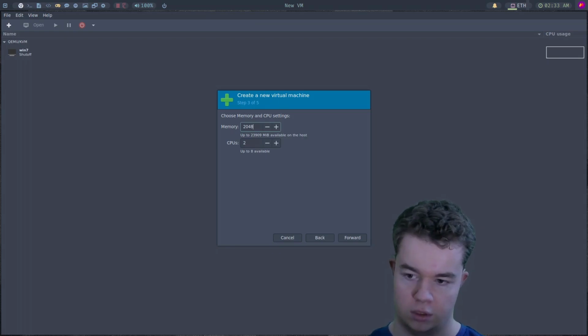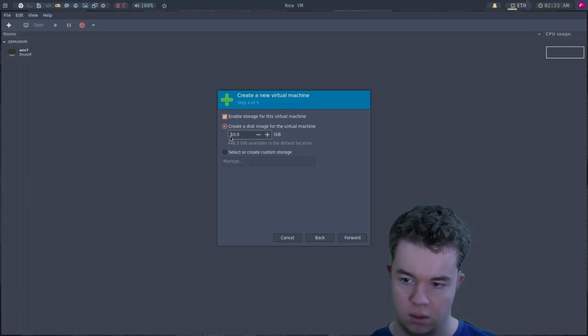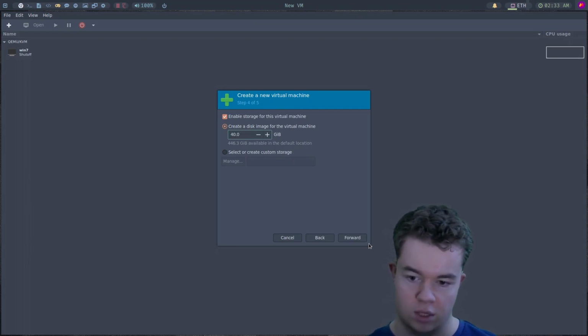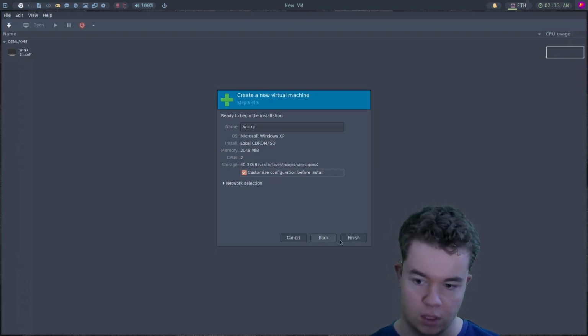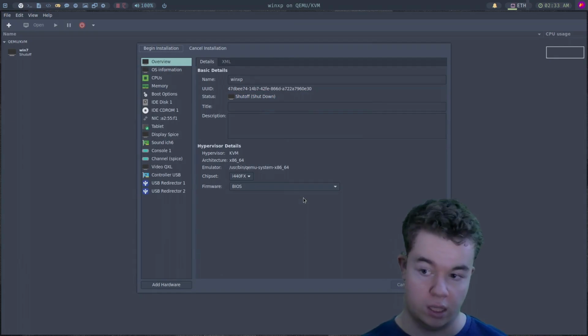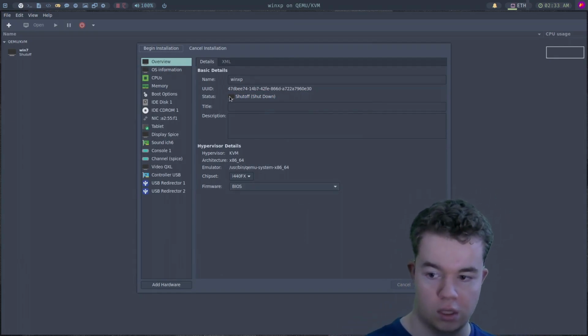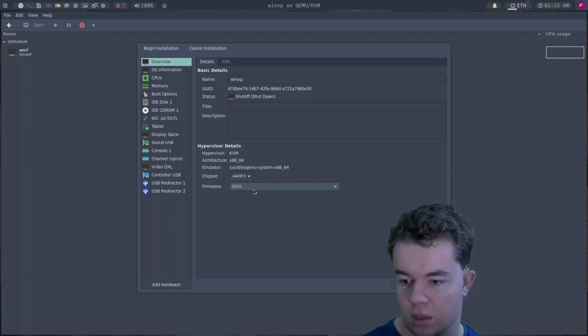I'll probably do like 2 gigs, which is quite a lot for Windows XP. I'll do 40 gigs maybe. That might be a bit overkill for what I'm doing. So we obviously want to look at options like the GPU pass-through, and then... Oh, I thought there was going to be a bunch of